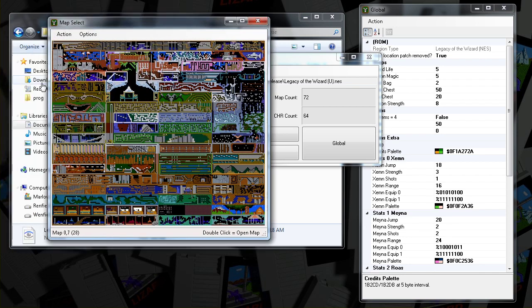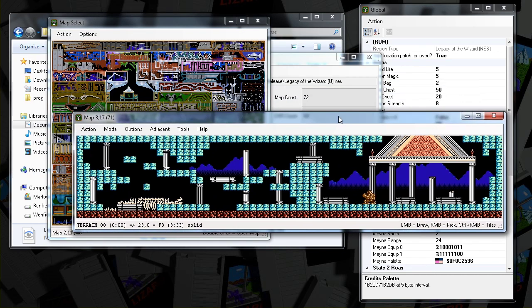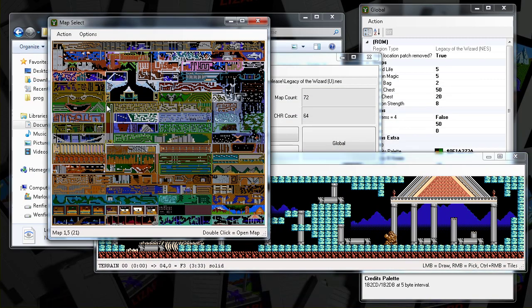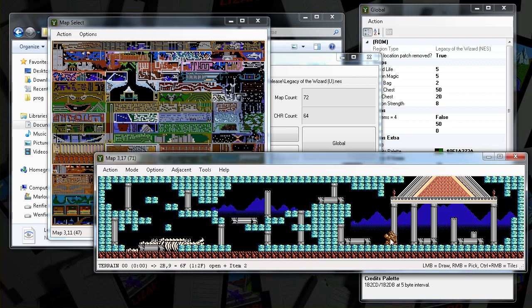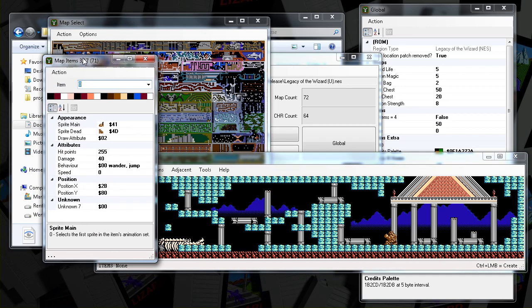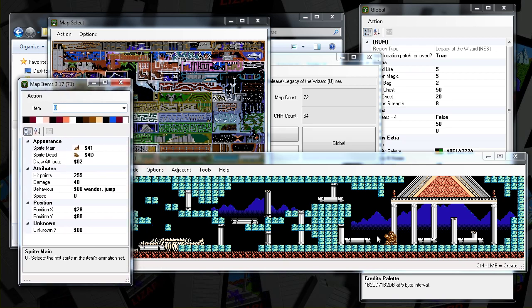Actually, I should show. On the map, there's another 2 rows here. The bottom row is the boss rooms, so they aren't really part of the main map. They're kind of disconnected. The bosses, putting it in item mode here, are made up of 4 pieces each, which is kind of interesting.